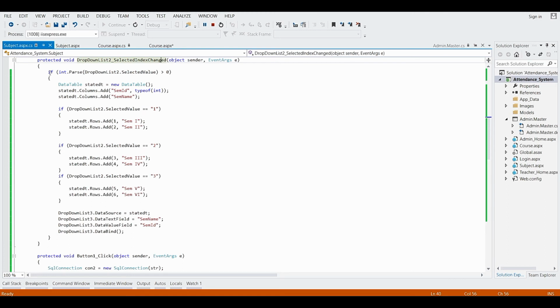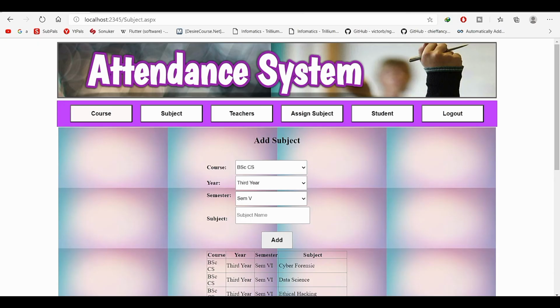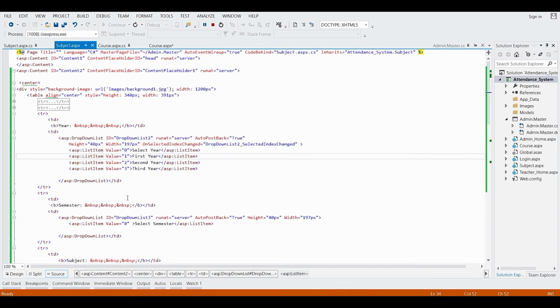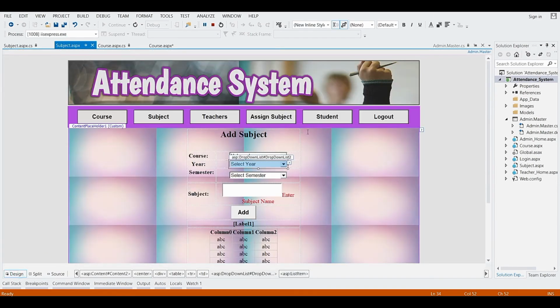Okay, I have given the if condition. Within if condition I am getting the selected value for the drop down list second. This is our first drop down list 1, drop down list 2. We are working on the drop down list 2.